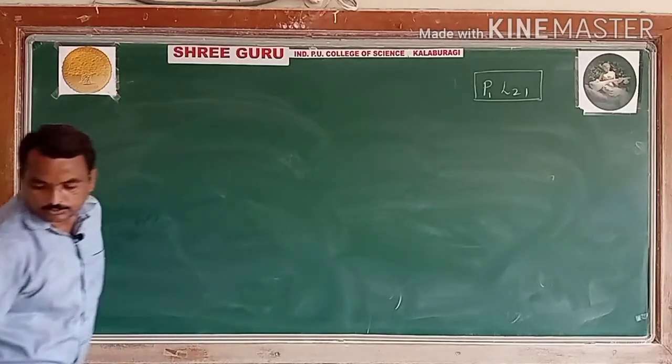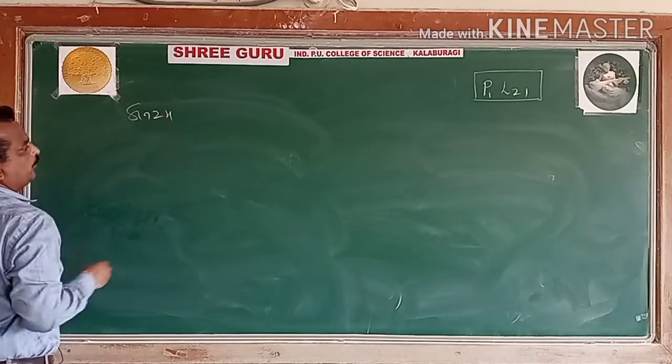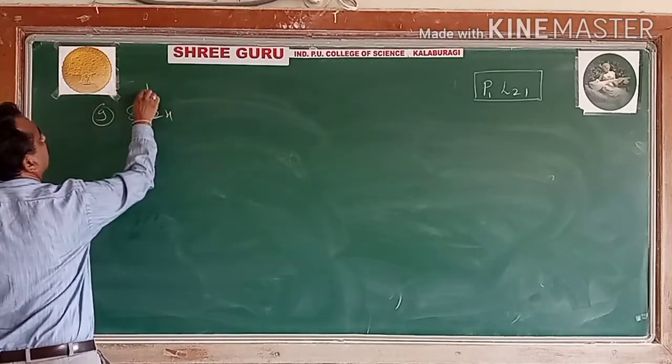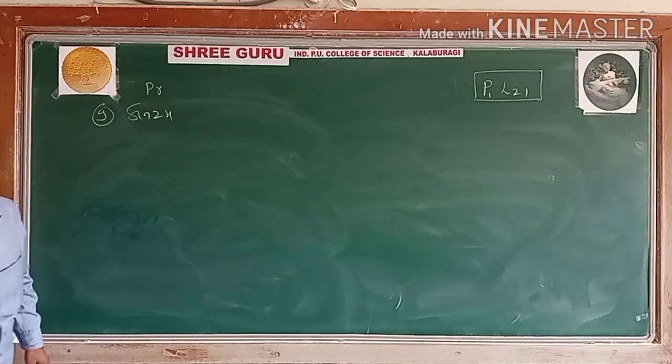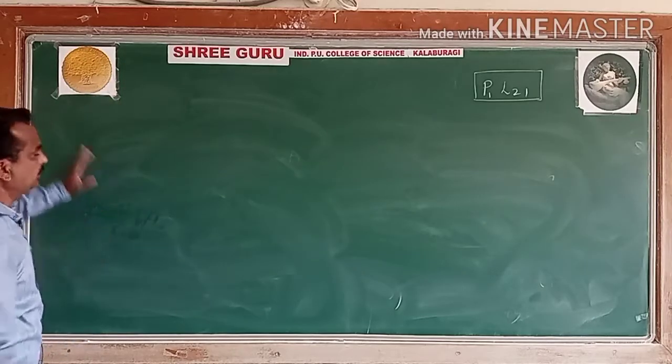Let us see sin of 2x, that is the ninth result. Here we have to prove it, so I will take the results in the form of proofs. Otherwise, let us prove both the results.